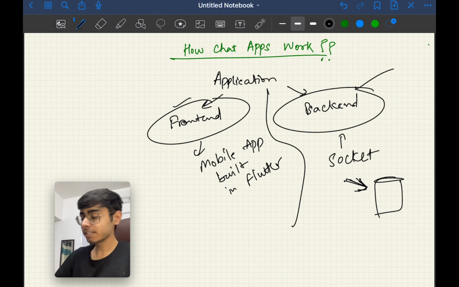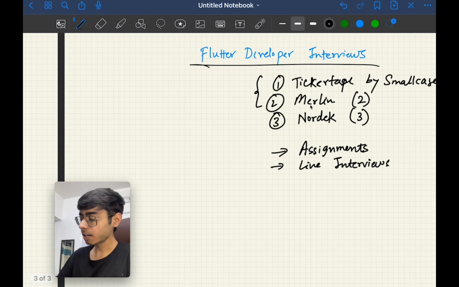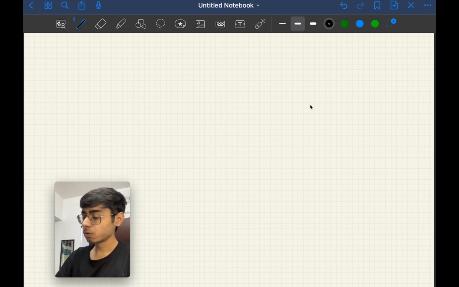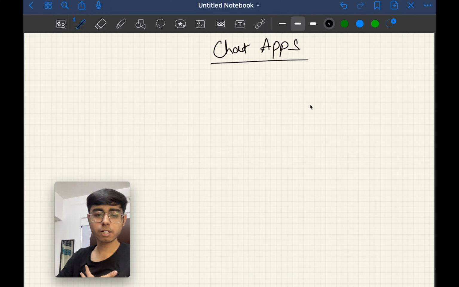But first of all, let's say you do not have to include a backend in your project and you have to build a real-time chat application. How will you build it? So to build chat apps, according to me, there are two ways. One is your